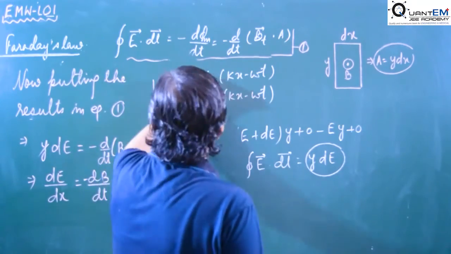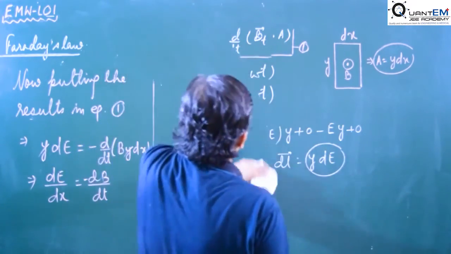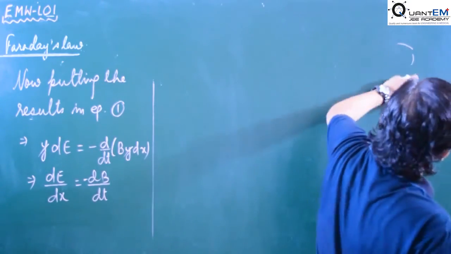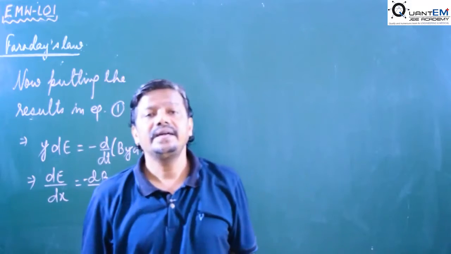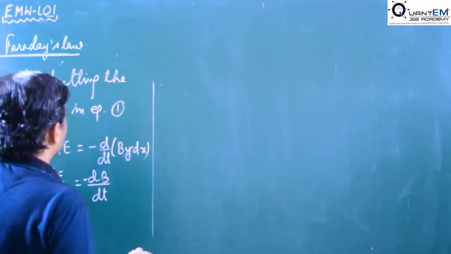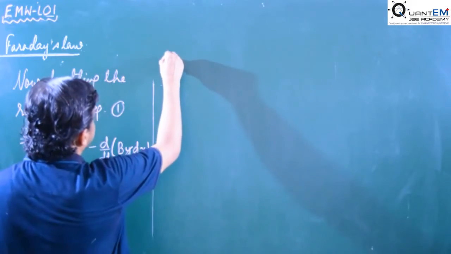Now we have both the values, of the electric field as well as the magnetic field. Putting the values, the electric field was E naught sin(kx minus omega t), and the magnetic field was B naught sin(kx minus omega t). So from this result we have